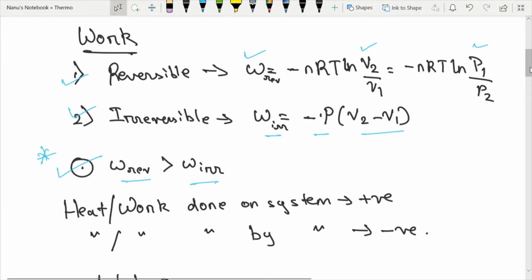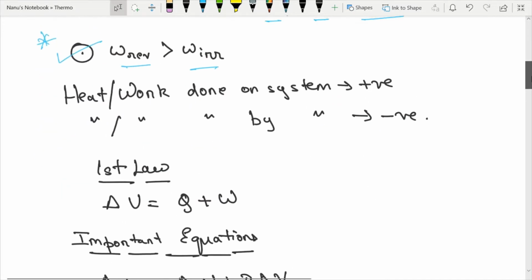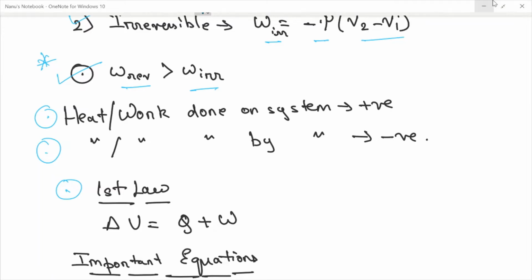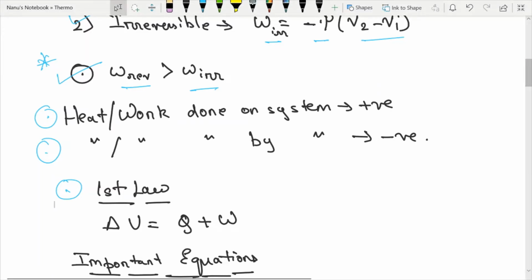And some conventions that you guys might be knowing, many people get confused about these conventions, is that the heat or work done on the system is positive and heat or work done by system is negative. I think in physics the rule becomes opposite, but how you remember in chemistry is that the system is a selfish person. Okay, so if something is done on that person, it is positive. If something has to be done by that person, it's negative. Okay, so just make some mental note of how to remember it, because many people get confused what to write in that exam. First law is, as you guys know, del E equal to Q plus W,